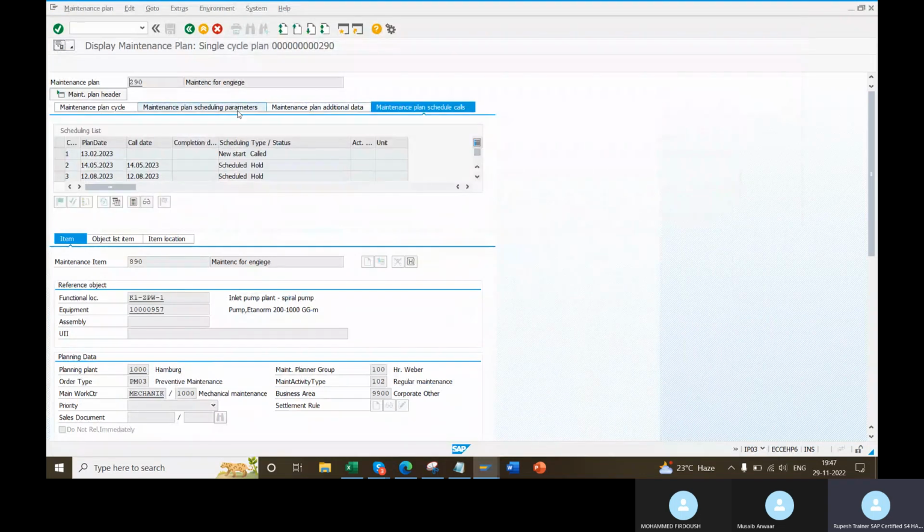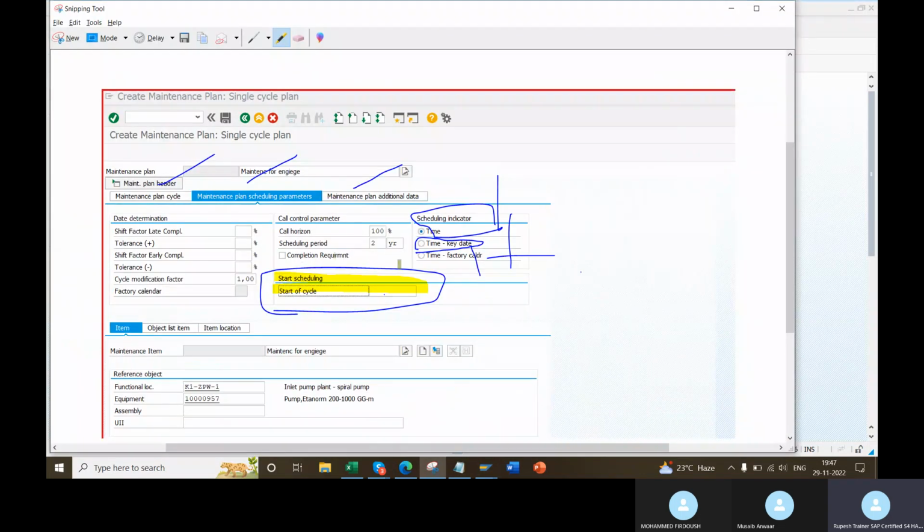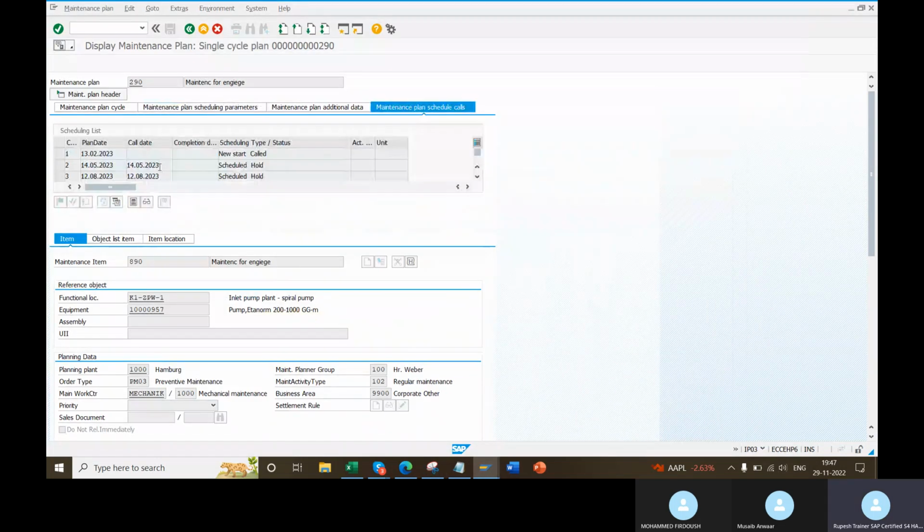If the plan is scheduled, the start of cycle field will go off, and you will get the 4th tab. Your IP10 screens will come here. The calls will come here. Got it?